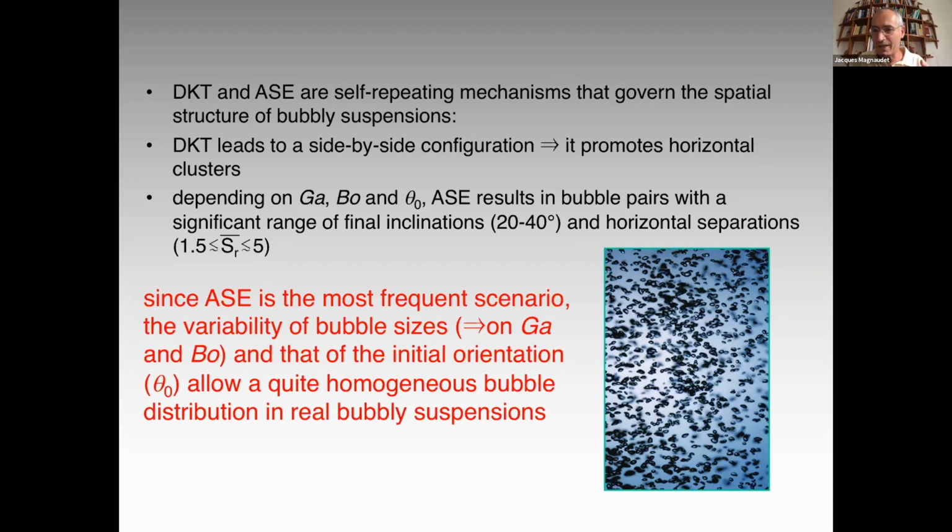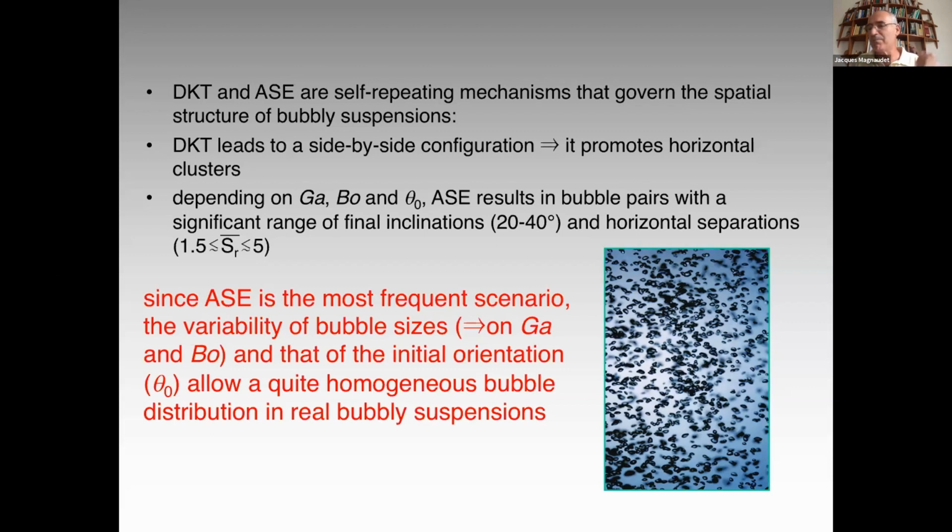And this is why, of course, this pair interaction is a building block that drives the microstructure of a bubbly suspension. So if we think about the two scenarios, the DKT and ASC scenarios, as these building blocks, of course, DKT leading to side-by-side configurations implies that it promotes horizontal clusters, whereas in contrast, the ASC scenario in